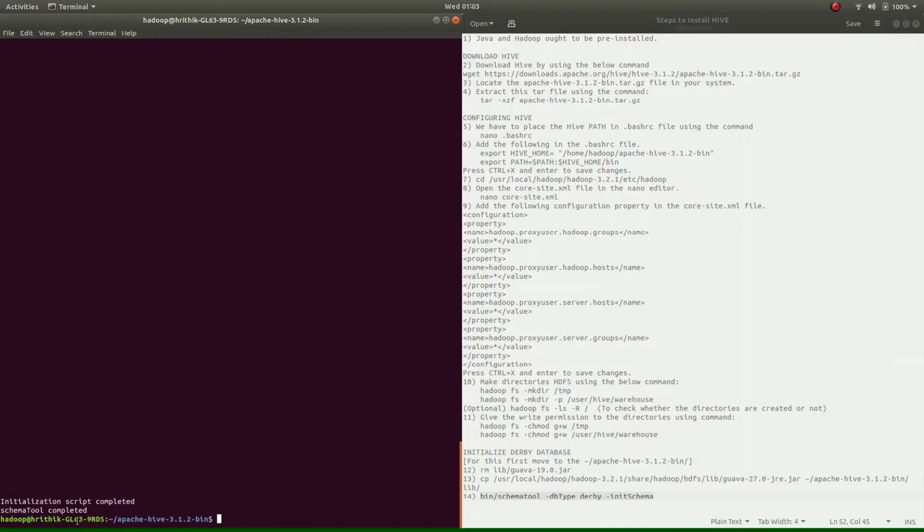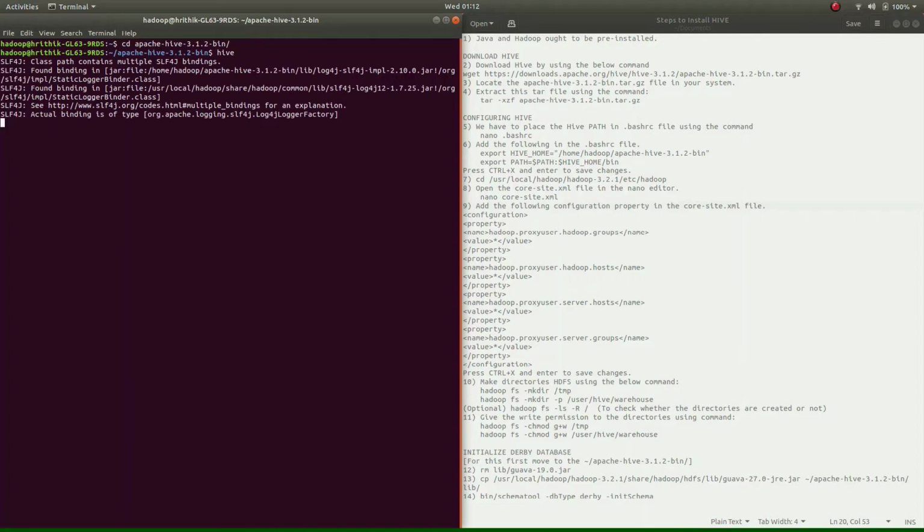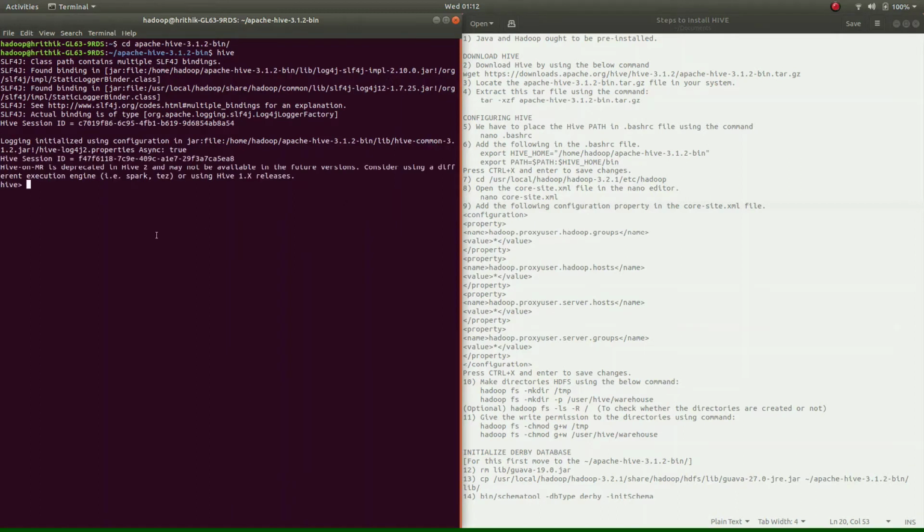You just need to write hive over here, and you can see that Hive is initialized. Now you can write show databases. I don't have a database, so it won't show any database right now. So that's it.